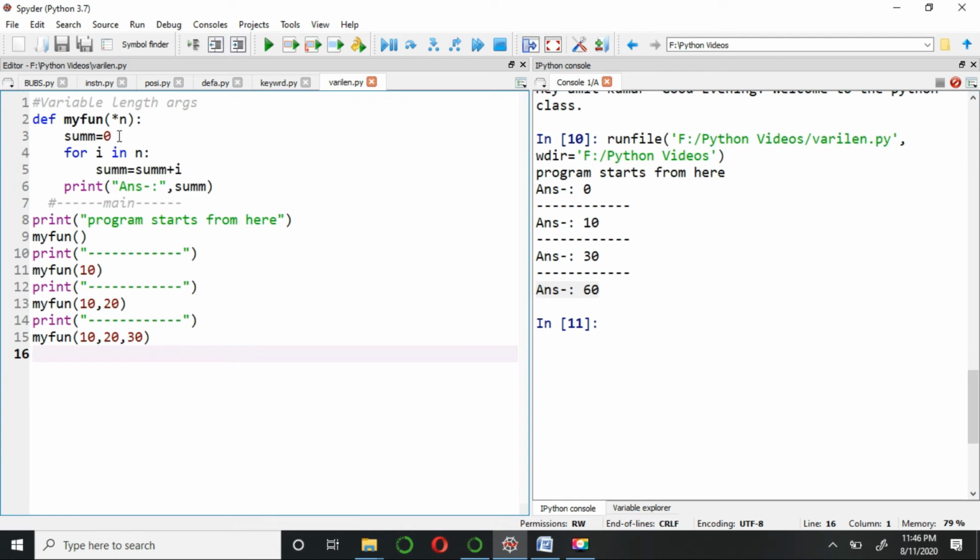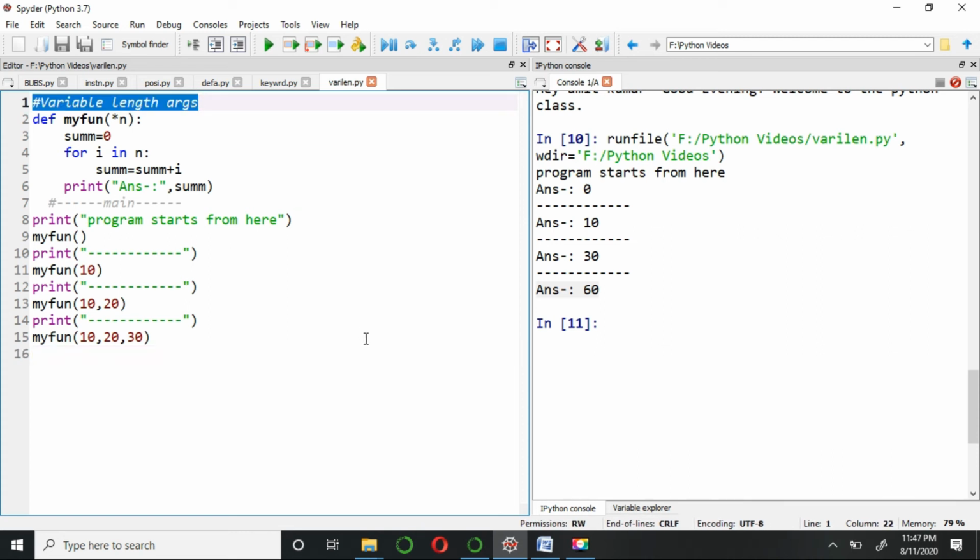So if it is not defined how many arguments we are going to use, and it totally depends upon the user. Like if we talk about a calculator, in a calculator we cannot tell the user this calculator is only made for adding two numbers or three numbers. There is no limit. So in such a scenario we can use this kind of argument, which is very useful. This category is known as the variable length arguments category.